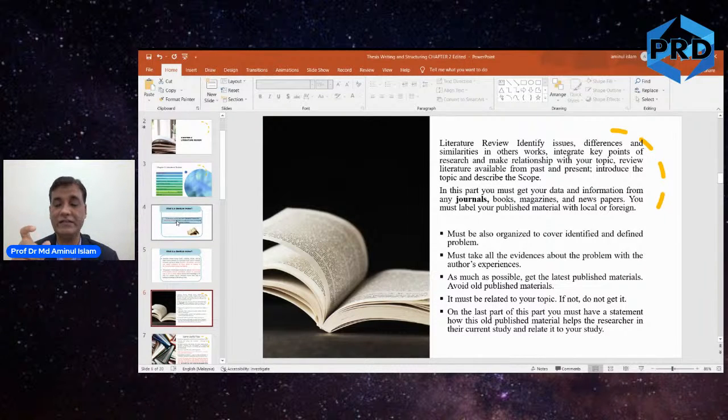What we expect in Malaysia, the standard is you need to have 40% of the journals that you have cited, or put in the reference list, from the latest 5 years. Latest 5 years, okay, latest 5 years. 60% could be older than 5 years, all right?